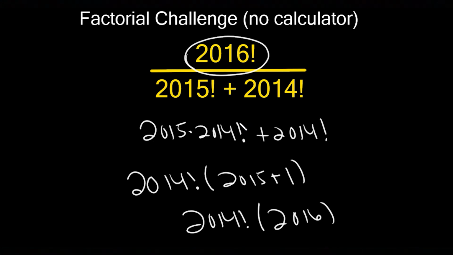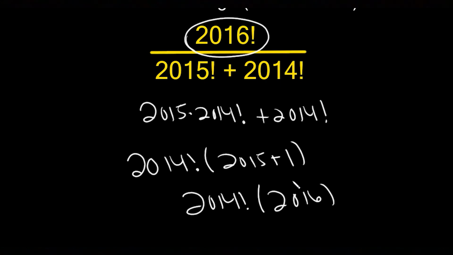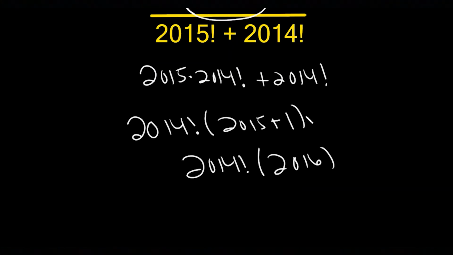Well, I'm going to go ahead and multiply it down. I'm going to go all the way down until I get to 2014, and I'll show you why. So I'm going to scroll down here, and we're going to expand out that numerator. I'm going to say 2016 times 2015 times 2014, and now I'm going to stop here